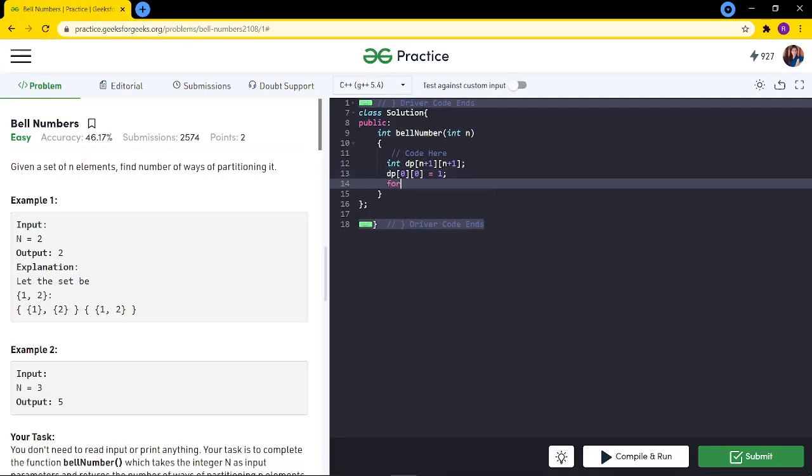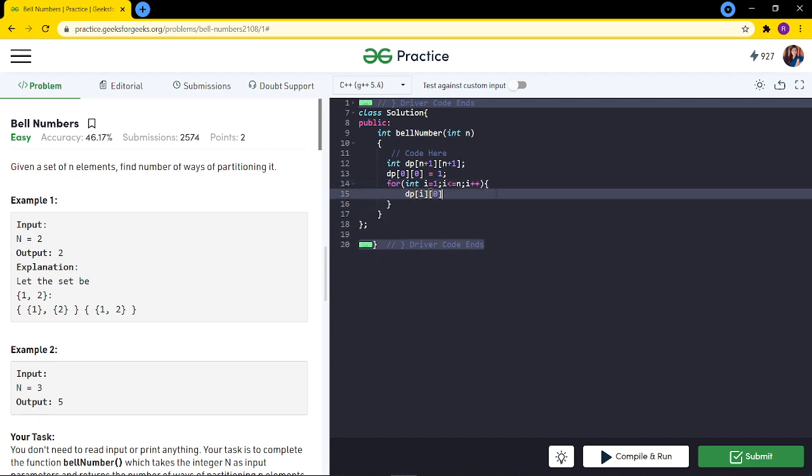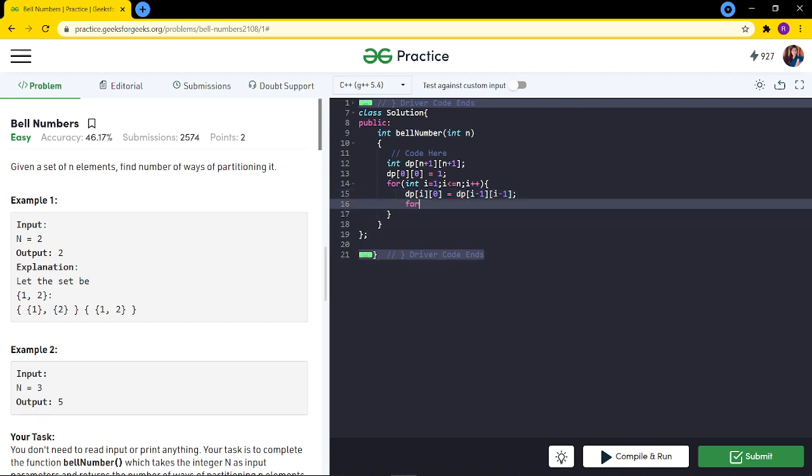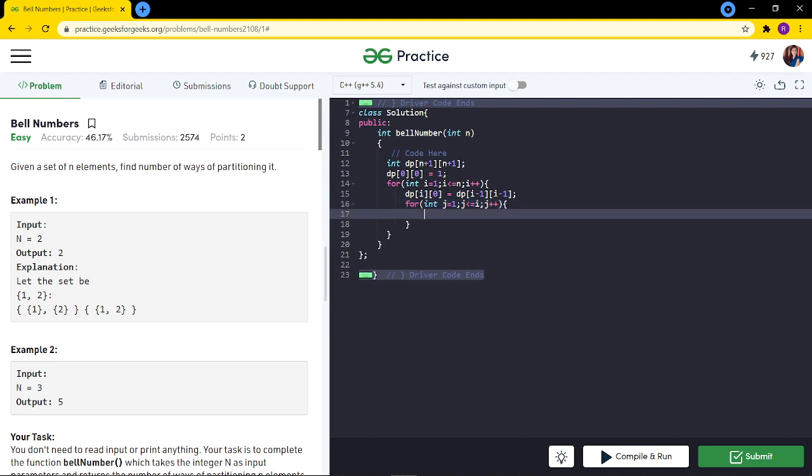And after this, we are simply traversing all other rows, and for all other rows, the first column would be the last row's last column, and for all other columns we have the formula, which is dp of the previous row's previous column plus the current row's previous column.